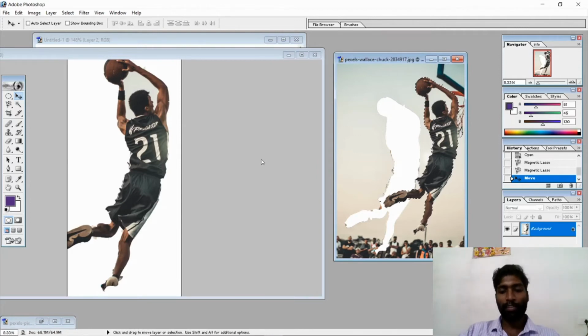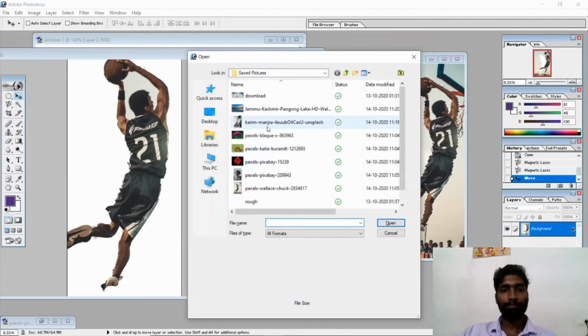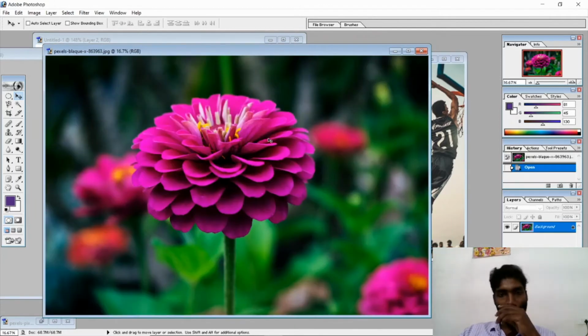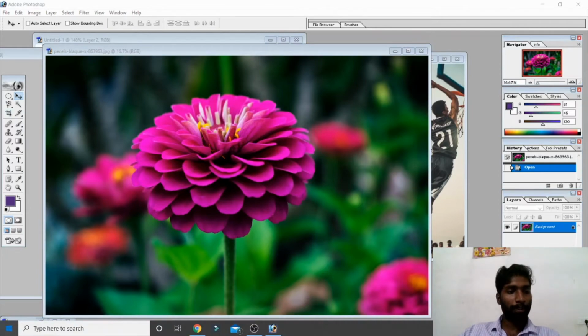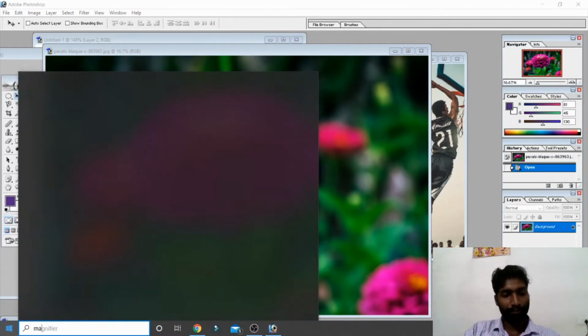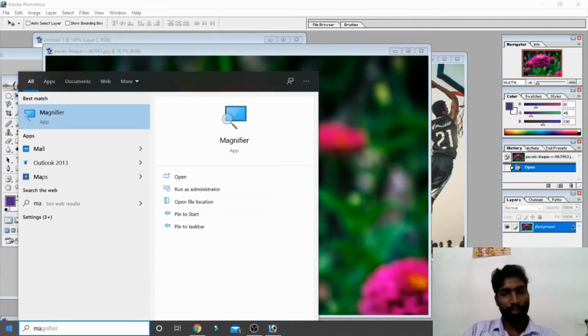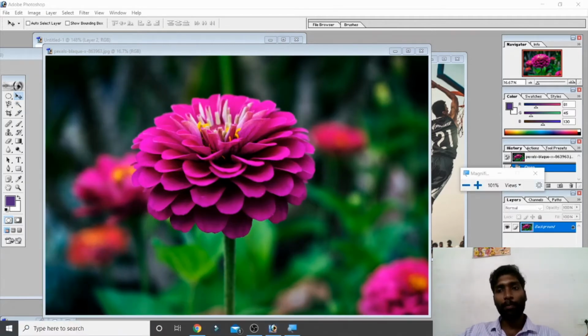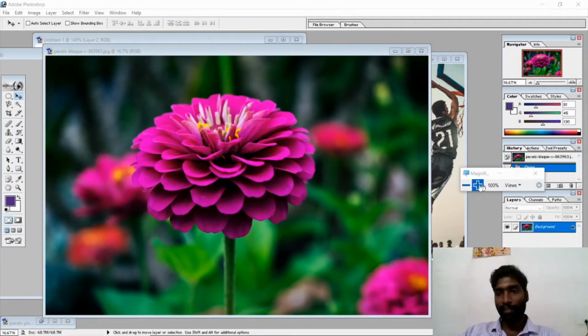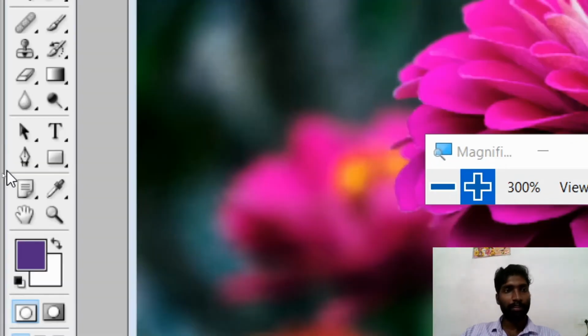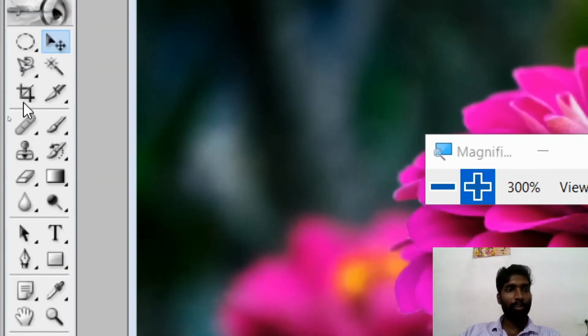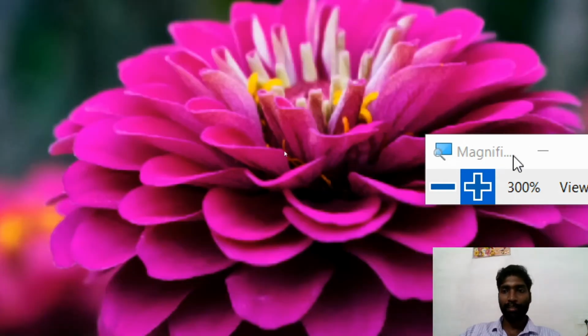My dear students, now see, I am going to open one image. I just opened this image. Now I want to crop this. You can see this is a crop. The crop tool is used to crop the image and zoom it. Now kindly see here. This one is the crop tool. We have to select that. Now I selected that.